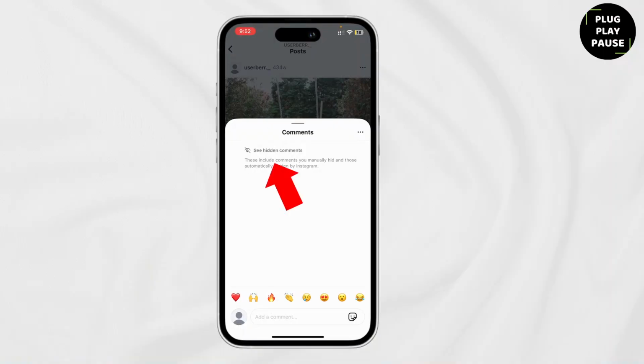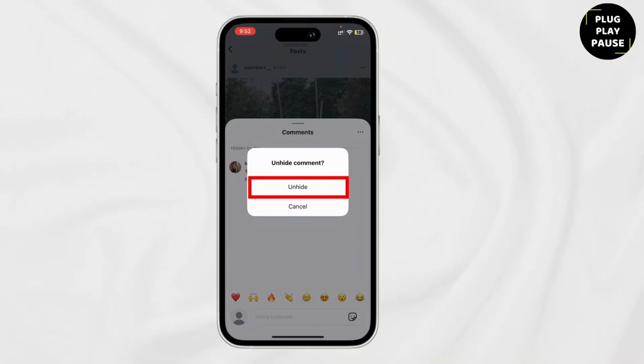Now if you want to unhide it, just tap on it again and then tap on unhide, and it's as